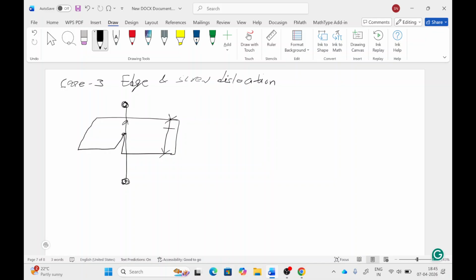This is moving towards the screw dislocation. So the Burgers vector for this is B1E, and for the screw dislocation it is B2S, S for screw and E for edge dislocation. As it moves towards the screw dislocation, after interaction,